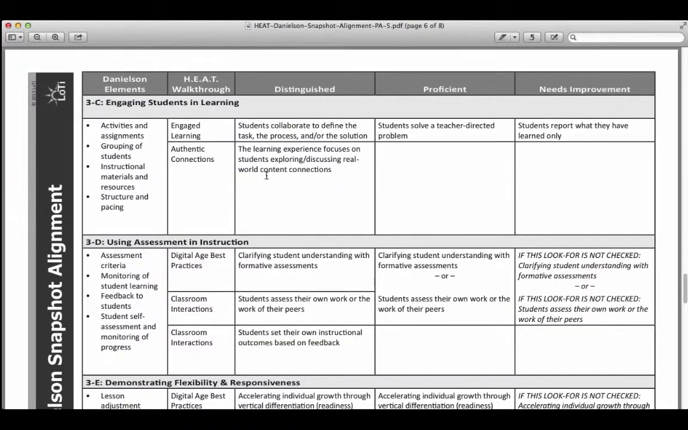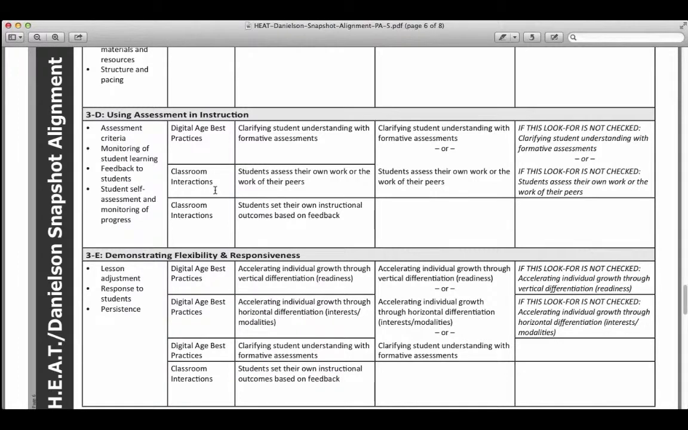And I'm going to take a look at 3D, using assessment in instruction. And if you take a look at the Danielson elements: assessment criteria, monitoring of student learning, feedback to students, students self-assess and monitor progress, and you can see the 3 corresponding elements within the HEAT walkthrough that are responsible for a rating of either distinguished, proficient, or needs improvement. For distinguished, you notice in digital age best practices that you would have to check clarifying student understanding with formative